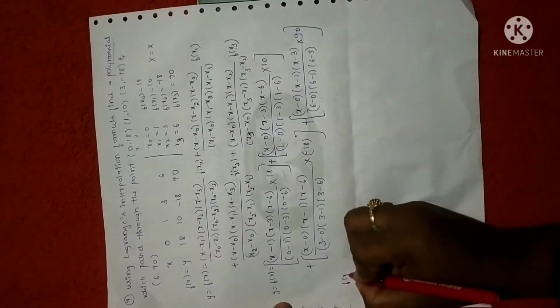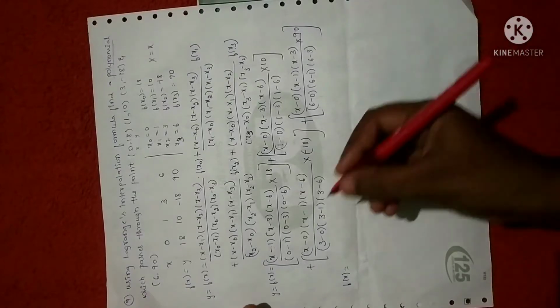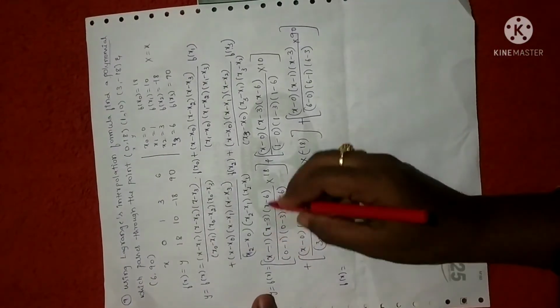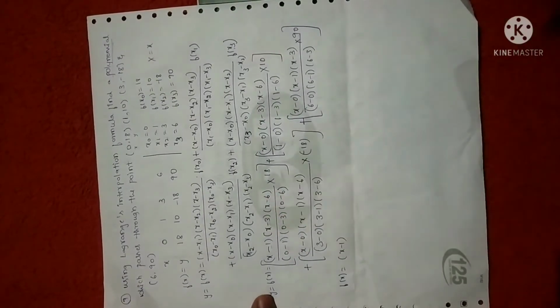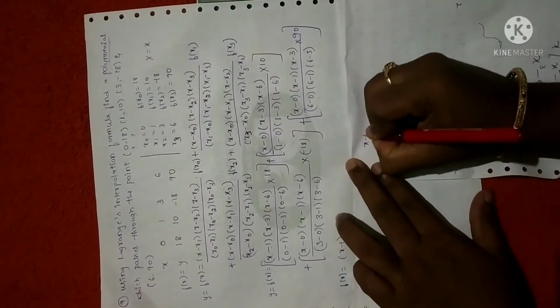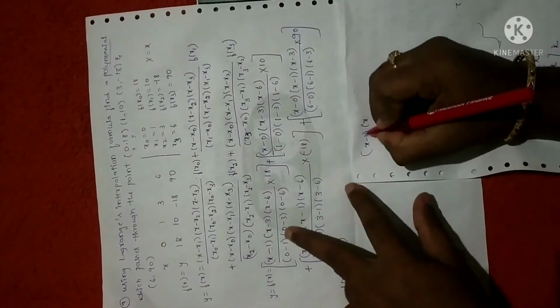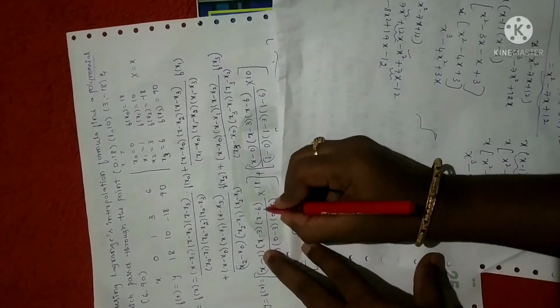So let me simplify. F of x is equal to, I'm going to multiply as we did in the previous problem. So first, if you want, you can multiply these two, afterwards you can do the rest. So let me write as it is, x minus 3 into x minus 6. If you want, I'll just show you here. See here, x minus 1 into x minus 3 into x minus 6. I am multiplying these two terms, x minus 3 and x minus 6.